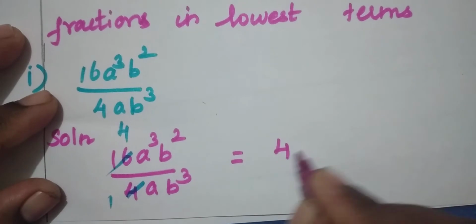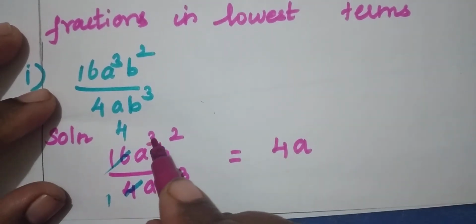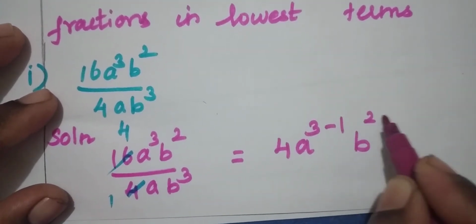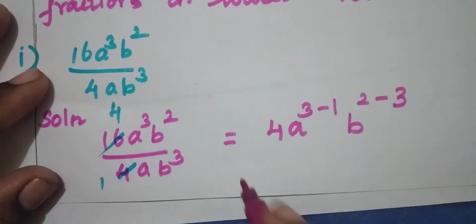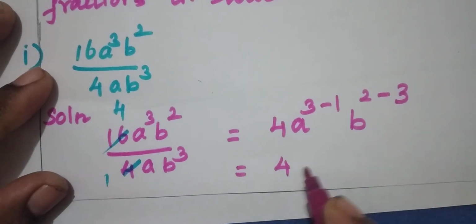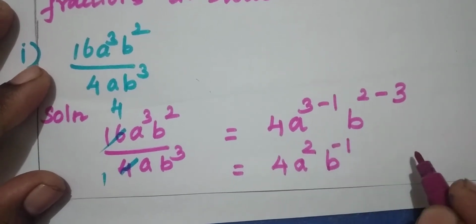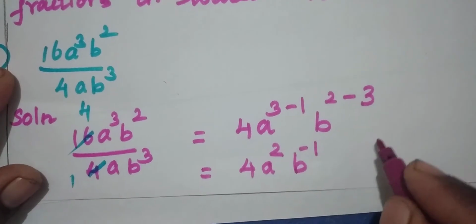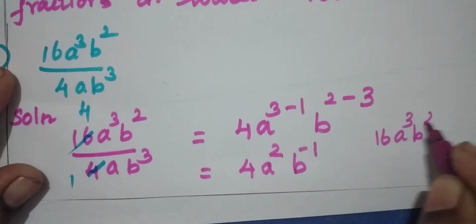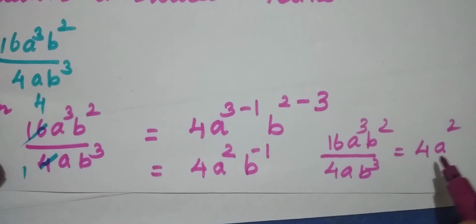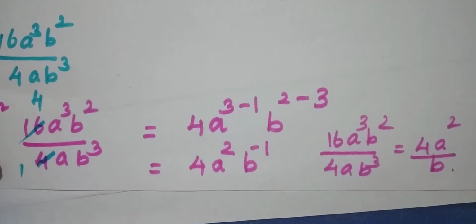This is equal to 4 a power 3, in the denominator the power is 1, 3 minus 1, and b power 2 minus 3, which is equal to 4 a square, b power 2 minus 3 is minus 1, or you can write this one as 16a cube b square by 4ab cube is equal to 4a square by b. Is it clear, children? Yes. Next one,